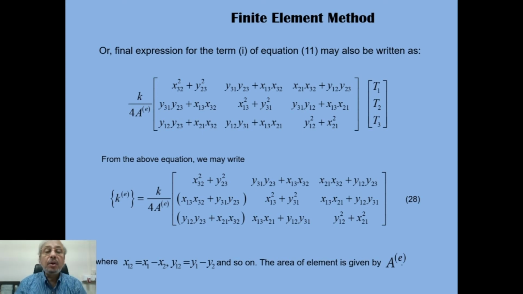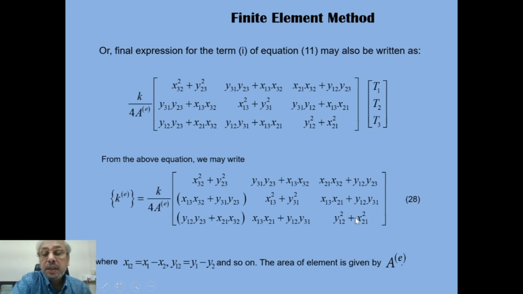So this K elemental matrix now comes in this form: K by 4 into the area of the triangle, and these are the different terms